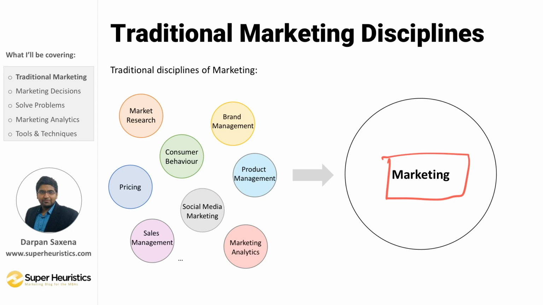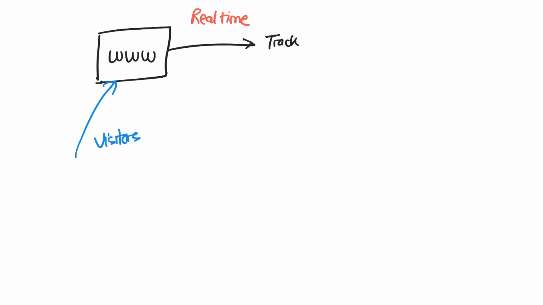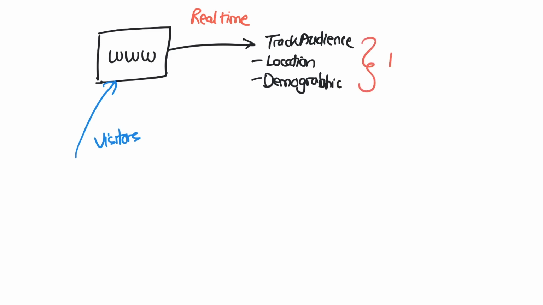If you've still not been able to understand, then I will explain it with one final example which will surely clear all of your doubts. So for example, you have a website and you would know that there are a lot of visitors which come in, and for sure in real time you would be able to track all of your audience. In fact, you can go ahead and track their location and other things about their demographic, which means that all of your market research is happening right when the user is on your site. You don't have to do anything else.